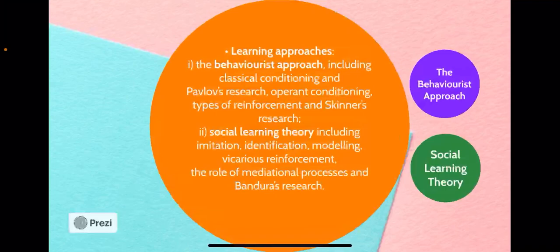The behaviourist approach. Within this, we need to be aware of classical conditioning, Pavlov's research, operant conditioning, types of reinforcement, and Skinner's research. The second learning approach we need to be aware of is social learning theory. Within this, we need to look at imitation, identification, modelling, vicarious reinforcement, the role of mediational processes, and Bandura's research. If we begin with the behaviourist approach,